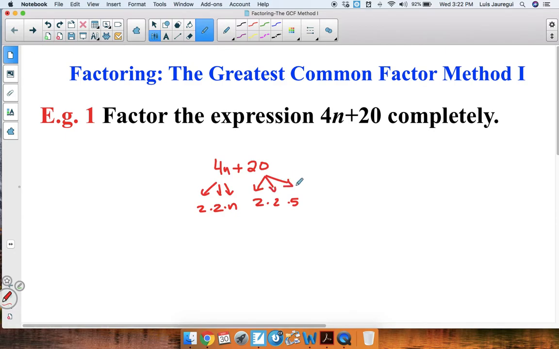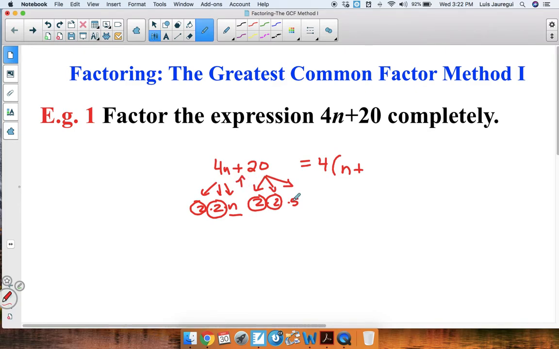Now we look for the factors that they share, or the factors they have in common. Notice that they both share a 2, and they both share a second 2. So the greatest common factor here is the product of those two factors. 2 times 2 is 4, so we can factor that out, and we get that 4n plus 20 is equal to 4 times n